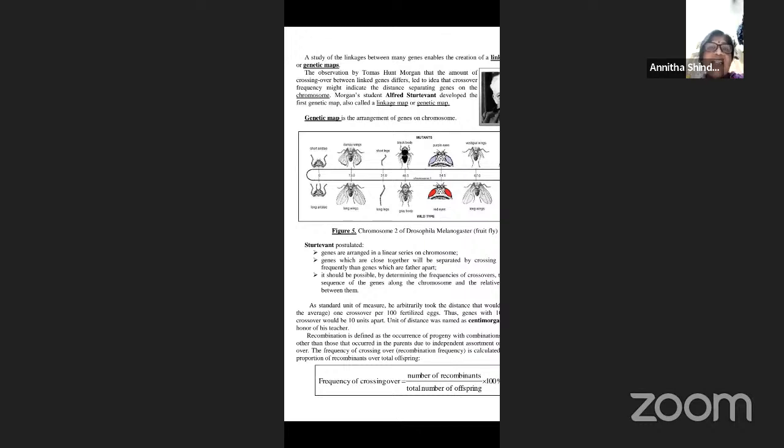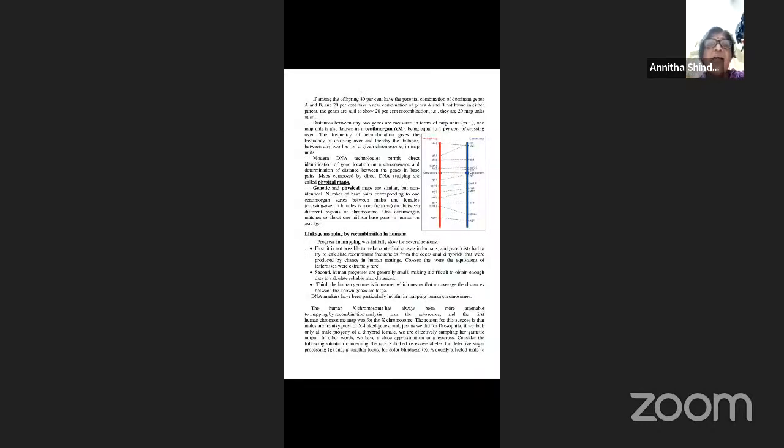And they have postulated that genes are arranged in a linear series. The genes which are close will be separated by crossing over. Then also you can find out the frequency of crossing over, and the distances between any two genes you can measure by using